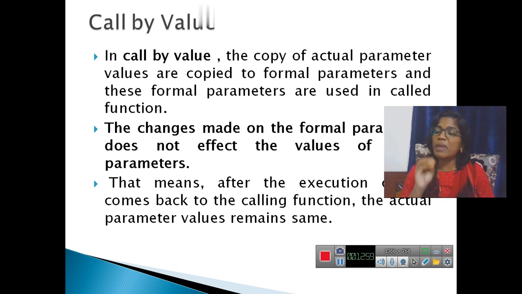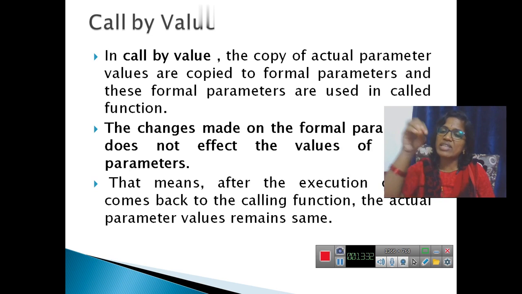So whenever you pass the parameters through a function call, the actual parameters will be copied into formal parameters. But when you pass the values to the formal parameters, the changes will not be reflected back to the actual parameters. That is the difficulty in call by value. But this is useful when you perform any work at the helper, that means the called function.